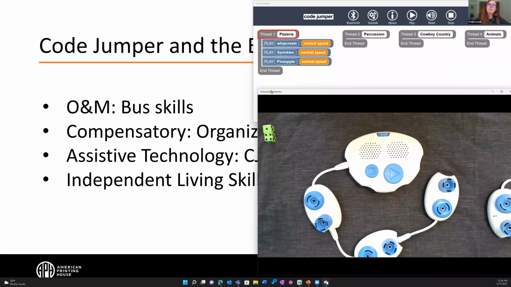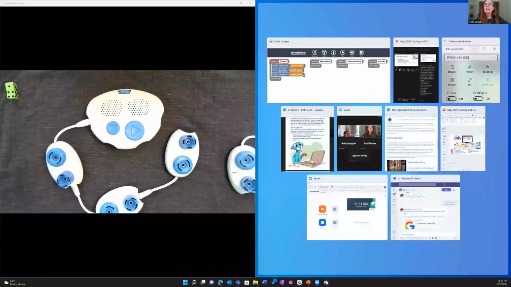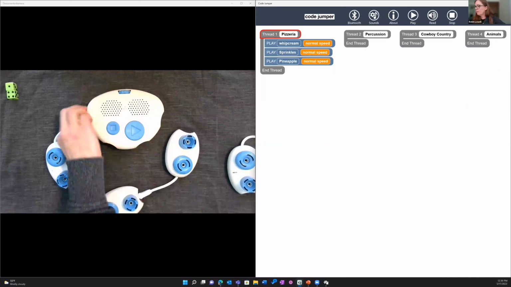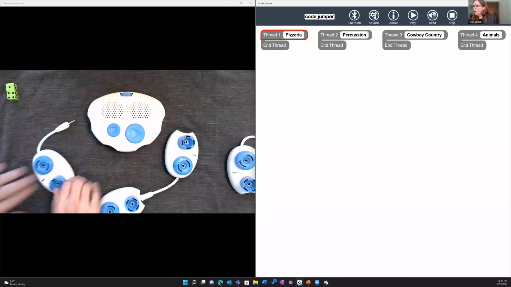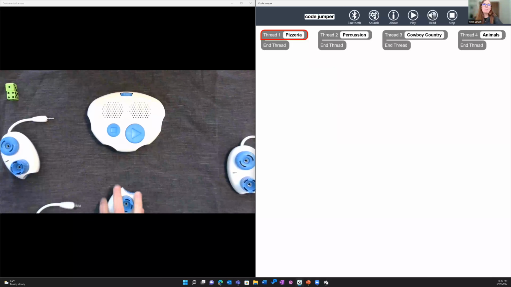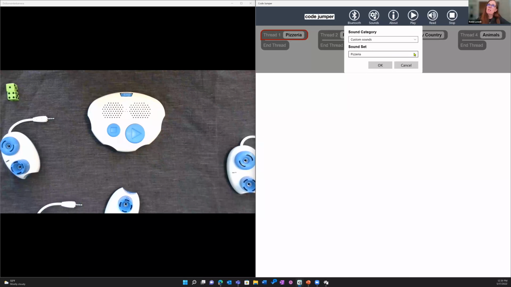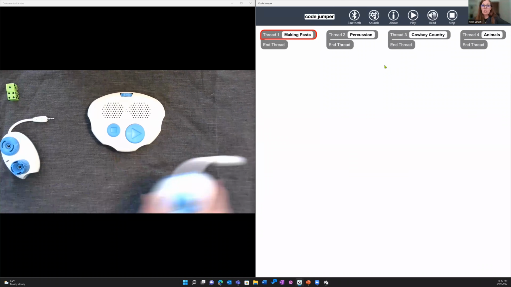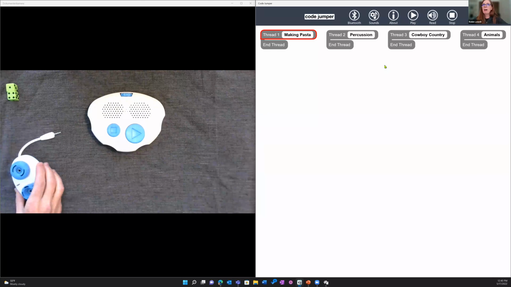So I'm going to make it big this time. Okay, so I have a sound set. First I'm going to take out CodeJumper. I'm going to unbuild what we built last time. I'm going to change my sound set and my custom sounds to the sound set for making pasta. I found all these sounds on the web for free. And I thought, okay, how do we make pasta? So this is just a sequence, and I'm using just the play pods.